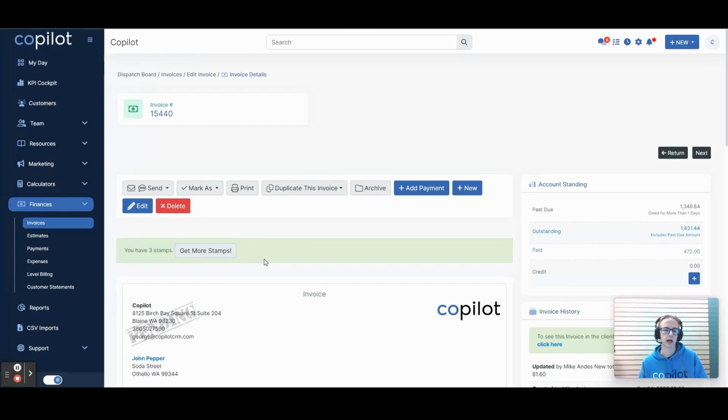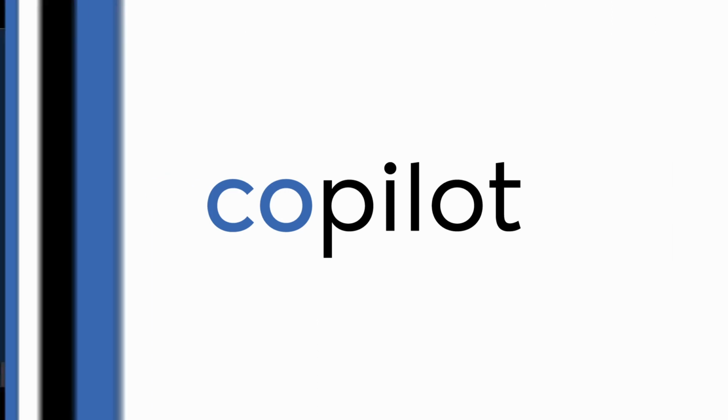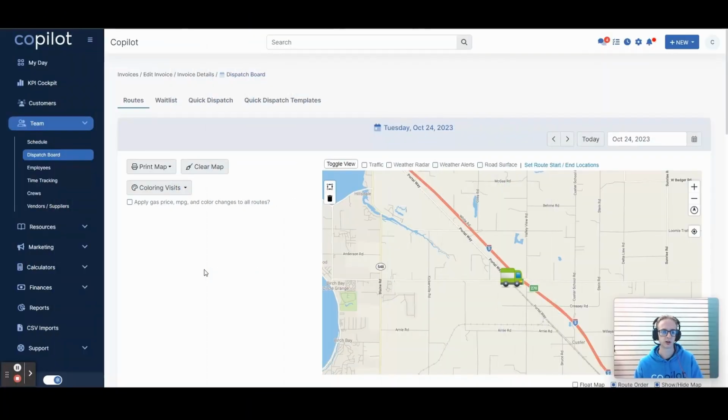So that is how we have different depths for snow removal without having price matrices set up in advance. When that gets released, then I'll be able to make a video and show you guys how you're going to be able to set that up in the future so that when it's time, you guys are ready to rock and roll. The third workflow that users have been talking to us about is different prices for different customers